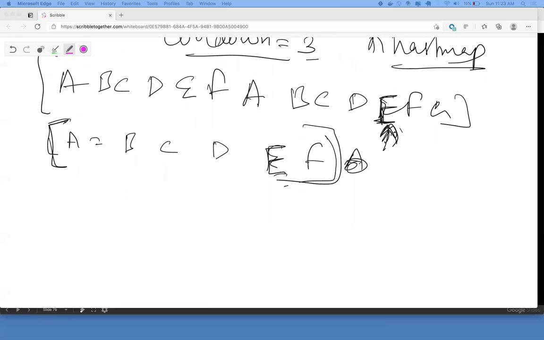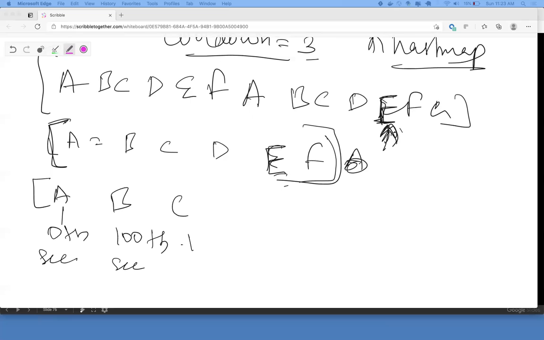Now let's say A ran at the 0th second, and then we had B at, let's say, 100 seconds, C at 101, D at 102, and now we are at E. We ran E and our cooldown is, let's say, 3 seconds.